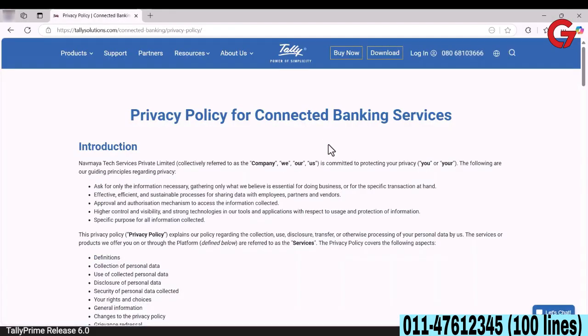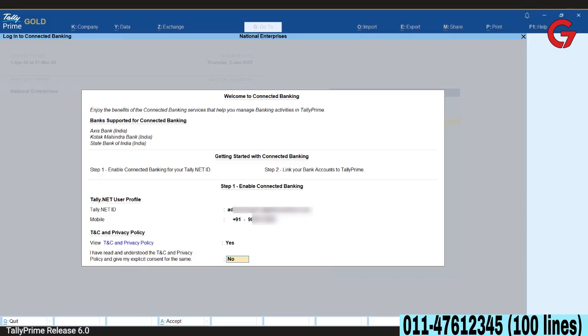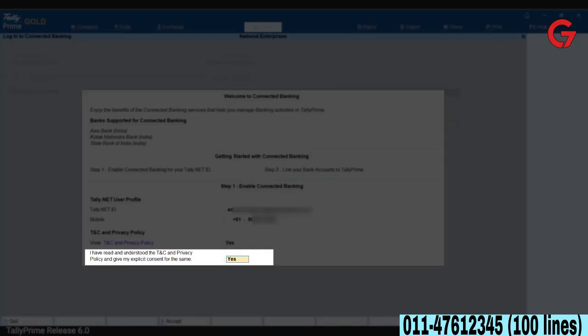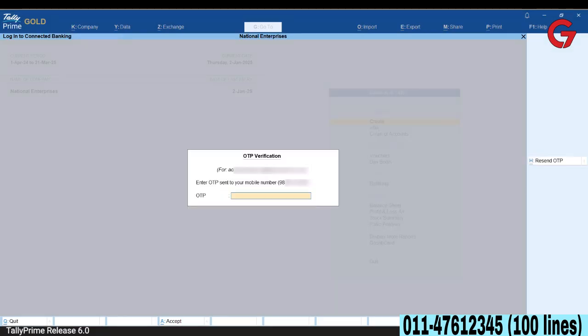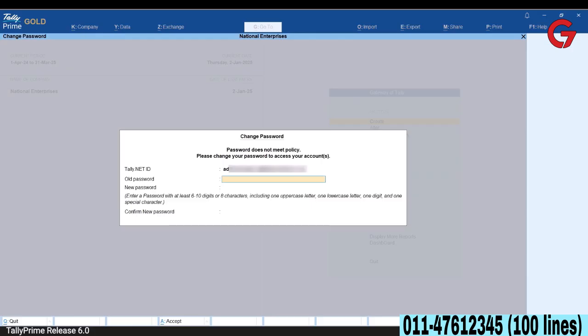Once you have read the terms and conditions and privacy policy, you can switch to TallyPrime. You can then accept the terms and conditions and privacy policy. An OTP will be sent to the mobile number linked with the Tally.net ID. Enter the OTP to log into connected banking.